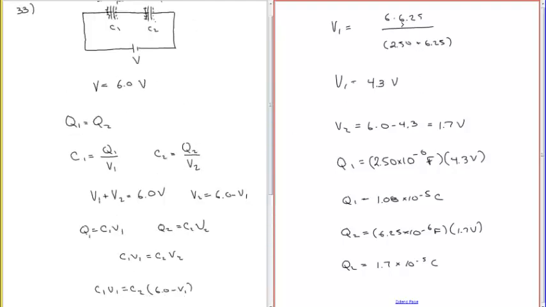And then we plug the numbers in, 6 volts times 6.25 microfarads divided by 2.5 plus 6.25 microfarads. Microfarads cancel out. We get 4.3 volts for V1 across here. And then 6 minus 4.3 gave us the remaining voltage drop, 1.7 volts. So those are the voltages and the charges. We calculated them out. And we really only needed to calculate one because we made the assumption that the charges on the capacitors would be the same. Okay, so that's part A. So it's actually taking a little longer than I thought it would, but